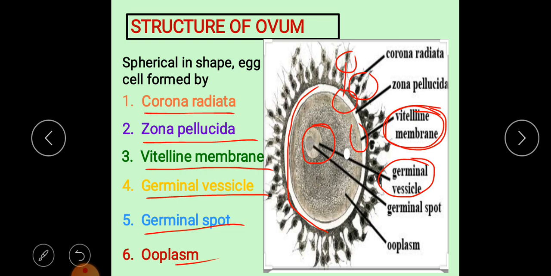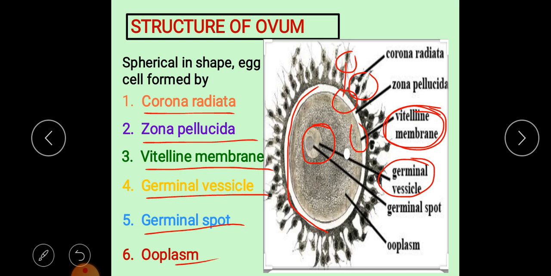If you see in the human embryo, it is connected to the mother and obtains some nutrition from the mother, and so the egg has a very negligible amount of yolk. In the human egg, a very small amount of yolk is observed. So that is the lecithal type of egg.